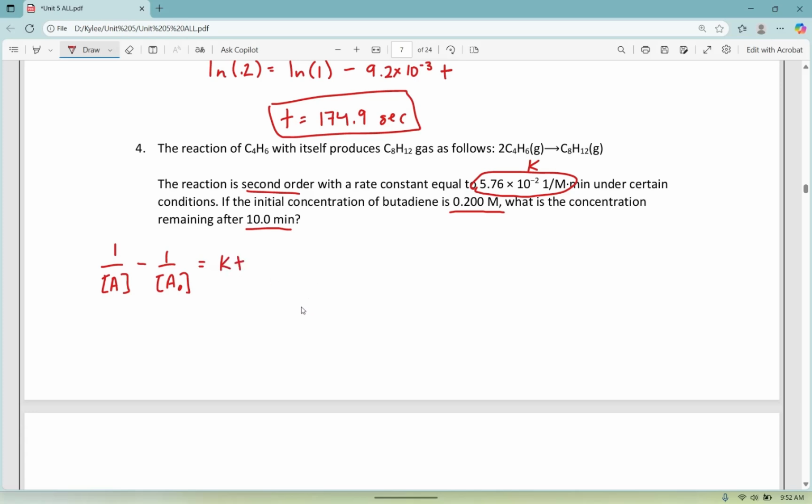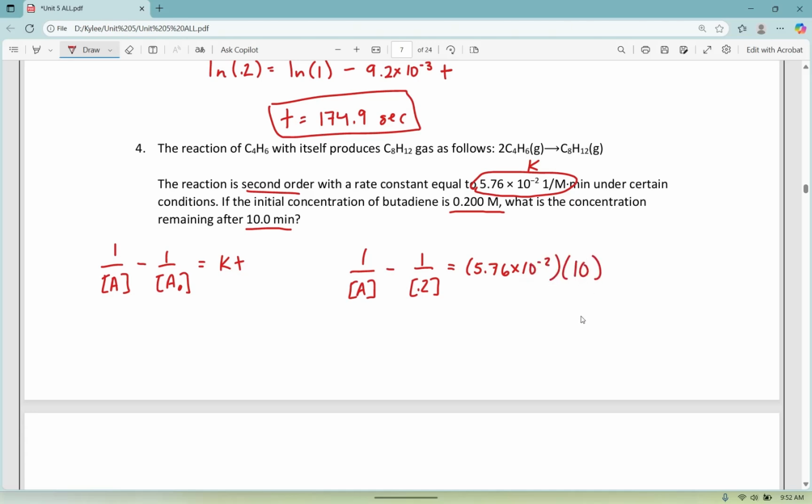And in this problem, they give me a value for both K and T and the initial concentration. So I want to know how much is left. So I'm going to be looking for the A value. If I start with 0.2 and my K value is 5.76 times 10 to the negative second, and my time